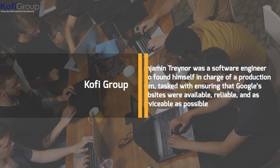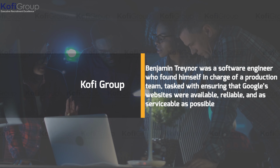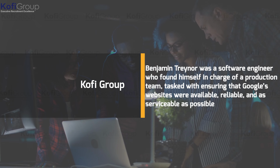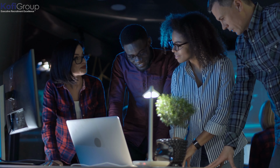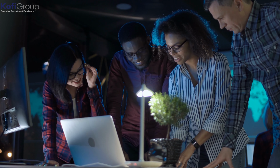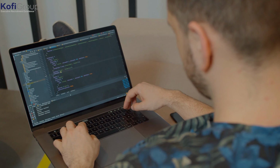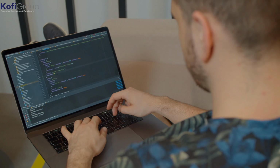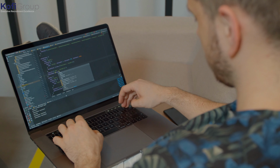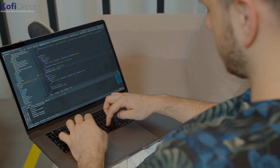Benjamin Traynor was a software engineer who found himself in charge of a production team, tasked with ensuring that Google's websites were available, reliable, and as serviceable as possible. His first order of business was to direct his team of 7 to spend half their time working on operations-based tasks, so they could get a better appreciation of the software production side of things. This overlapping of responsibilities across the two teams was the foundation of Google's site reliability team, and the basis for